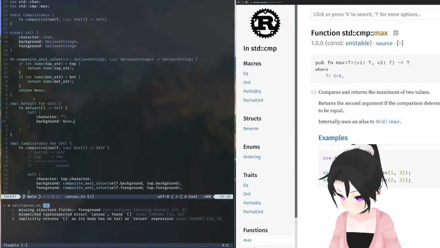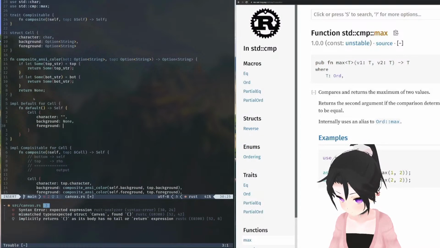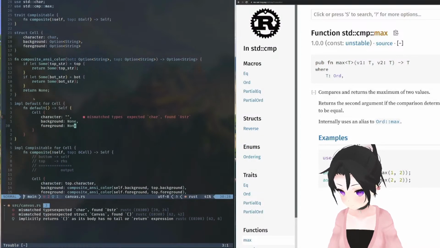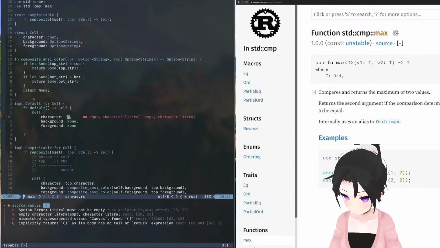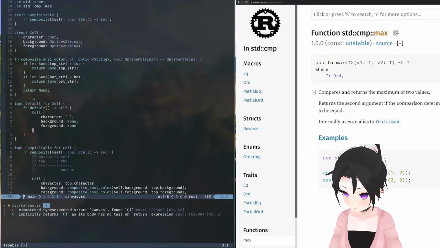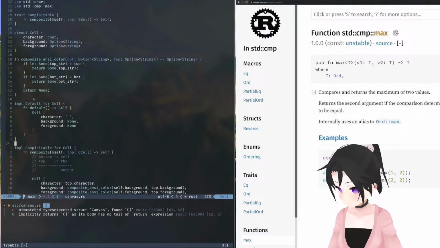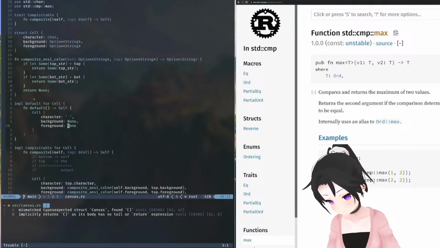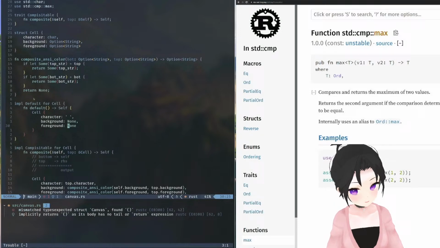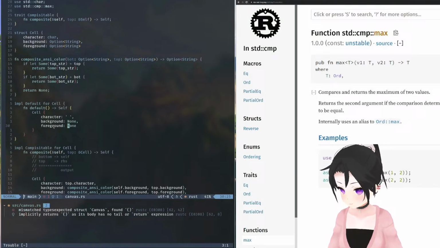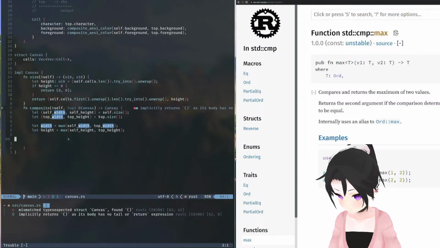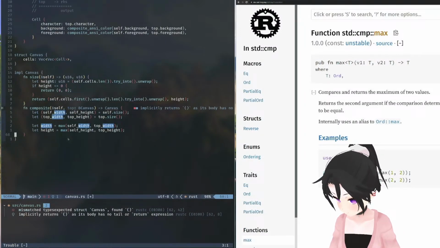Background is none, foreground is none, done. Empty char literal is not okay, like that. Done. This step is done too. Now we have a default for cell, which means we can now just go in and